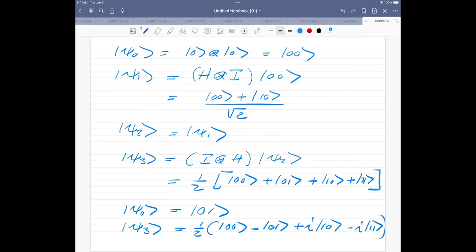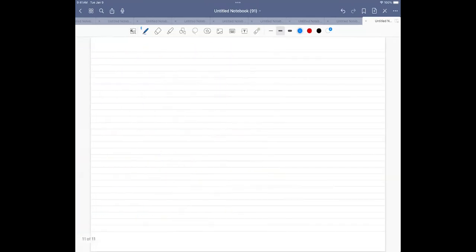And then the way I can think of this, and then we're going to take a break here, is that this state transforms via the QFT,